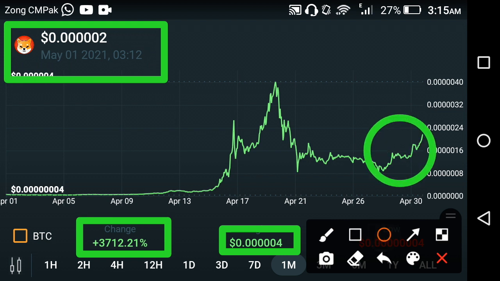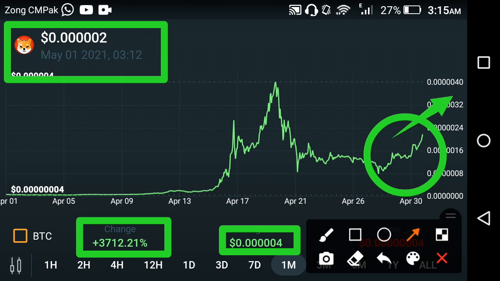If we look at the current situation, what is the next target of Shiba coin? It is clear, as you can see here, that it could jump, so that means the jumping period of Shiba coin starts now, and they are in jumping mode. If this kind of jumping continues, I think Shiba coin can soon hit 1 USD dollar, friends. So what's your opinion about Shiba coin?